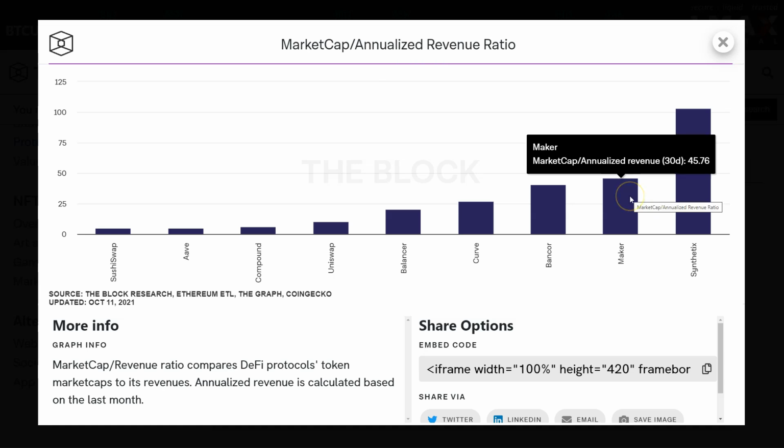So you want to see revenue pick up for Maker. You want to see that burning mechanic pick up for Maker. Those are the most bullish catalysts, I think, for price, along with a growth in market share and the stablecoin supply. I don't think on-chain metrics are really going to matter. I don't think governance is going to matter. I don't even think TVL is really going to matter.